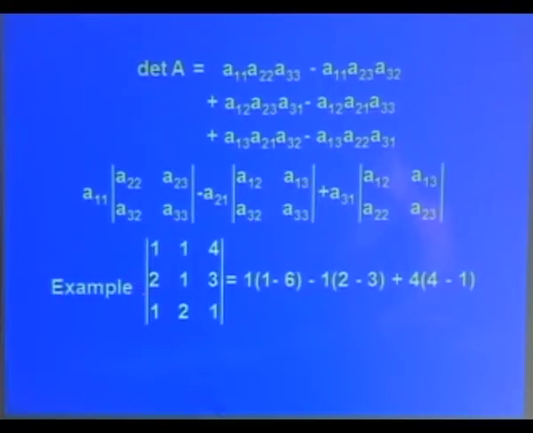So, if we have to obtain the determinant of this 3 by 3 matrix, then I am expanding about the first row. Then 1 is taken out, and we evaluate this determinant 1 1 minus 3 2. Minus, this is with a negative sign, then we take the 2 1 product minus 3 1. So, the next term is 4 multiplied by 4 minus 1, and the final result is 11.